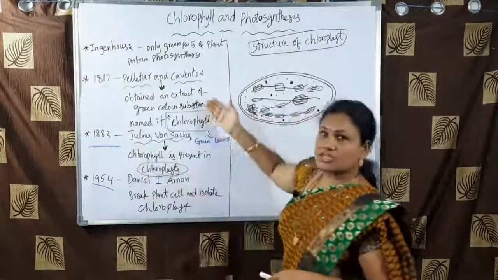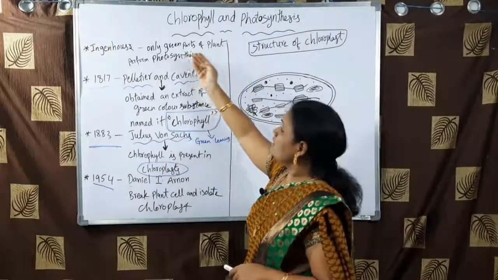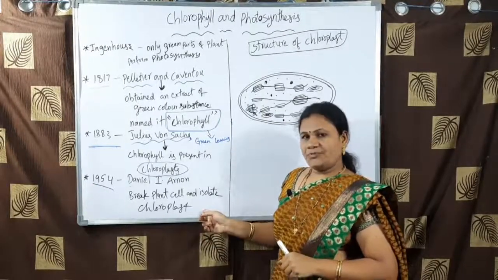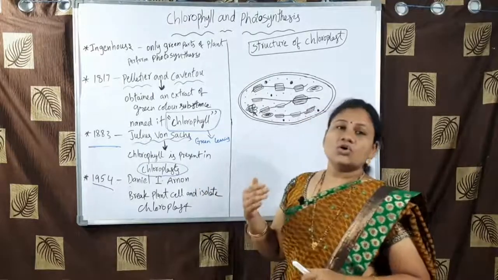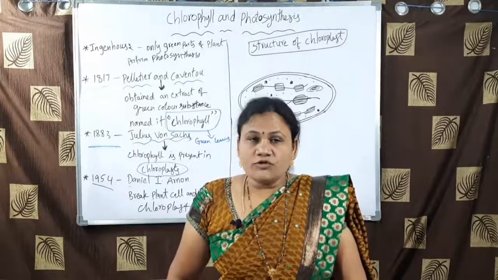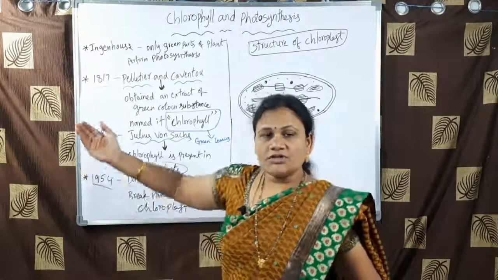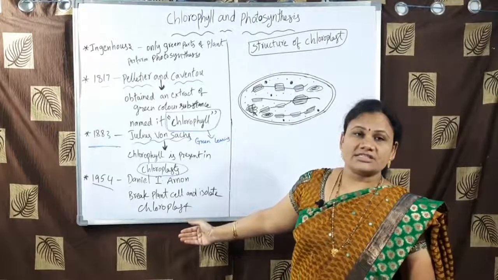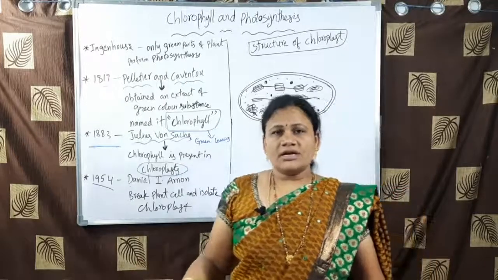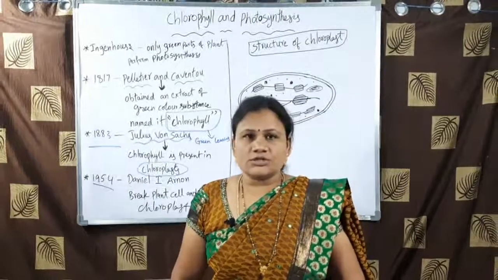See, it is such a long journey, from green colored parts of the plant to the exact intact structure, that is chloroplast. That means several scientists worked over this process. It takes decades of time. Many people worked on it to find out the exact process, which gives us a better understanding of this entire process. We should appreciate these scientists, because without knowing the photosynthesis process, we can't understand anything. And in fact, without the photosynthetic process, we can't imagine life on this earth also.